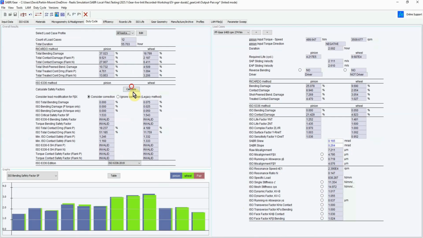So I can now check the duty cycle safety factors, and I may indeed be happy with this gear design. All of that information has been taken back across into the SABR file, and in the background, the SABR-Gear,